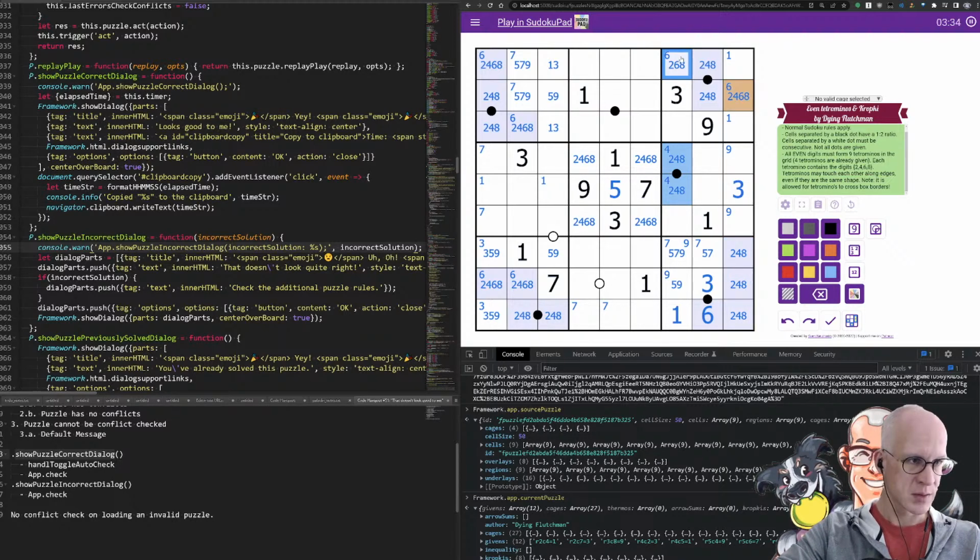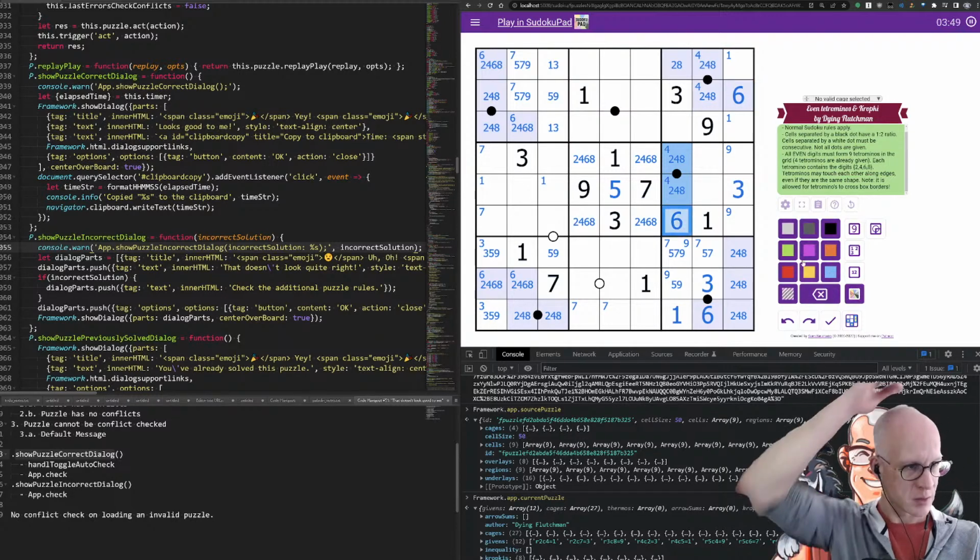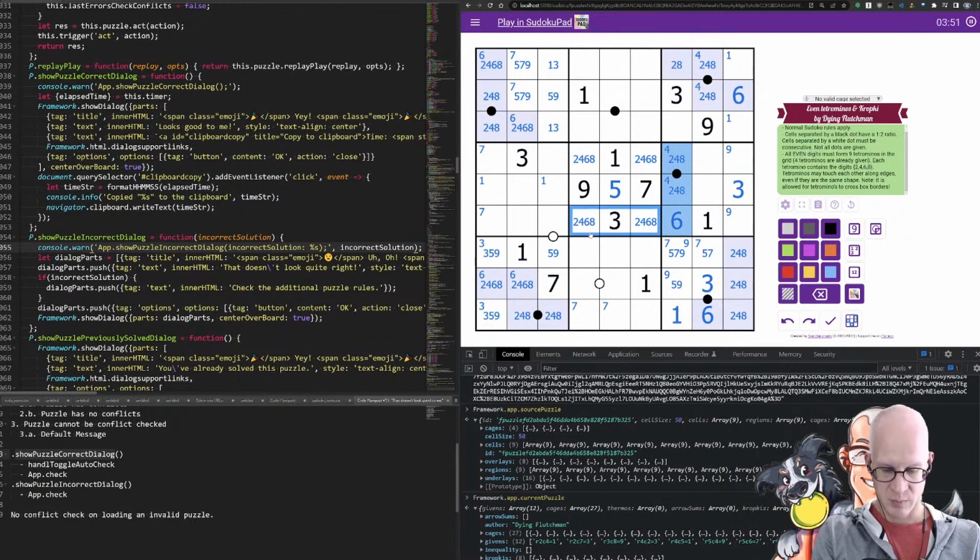So that makes this a 6. Oops. Makes this a 6. Sorry. Like this. And then there's a 4 here. And then that puts the 6 over here. So that's also part of a tetromino. But it could be either attached to that or not, because there's no issue with them touching each other.